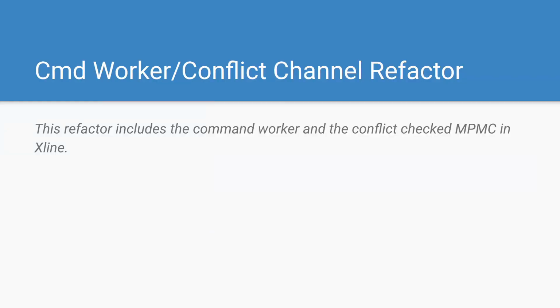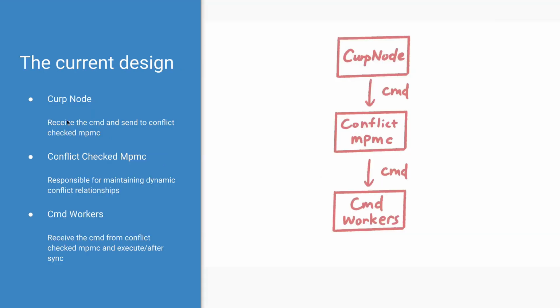Okay, let's proceed to the next section. This section includes the command workers and the conflict check channel in Xline. As usual, I will first explain the current design of command execution. When the CURP node receives a command proposed from the client, it first sends the command to the conflict check